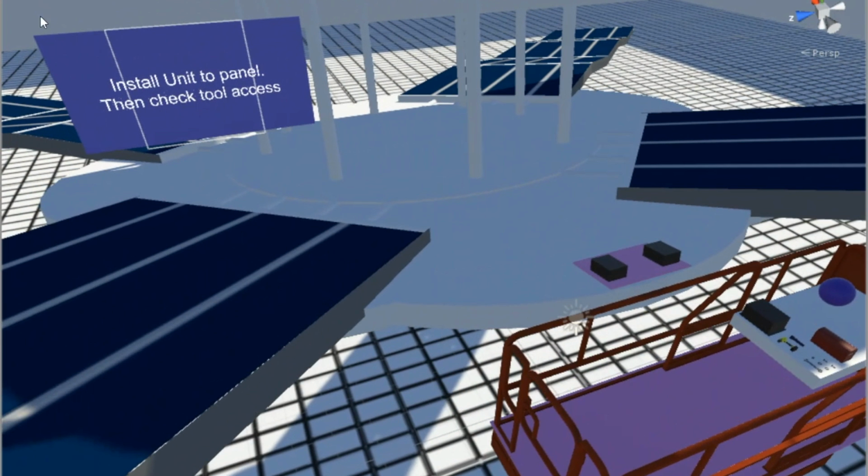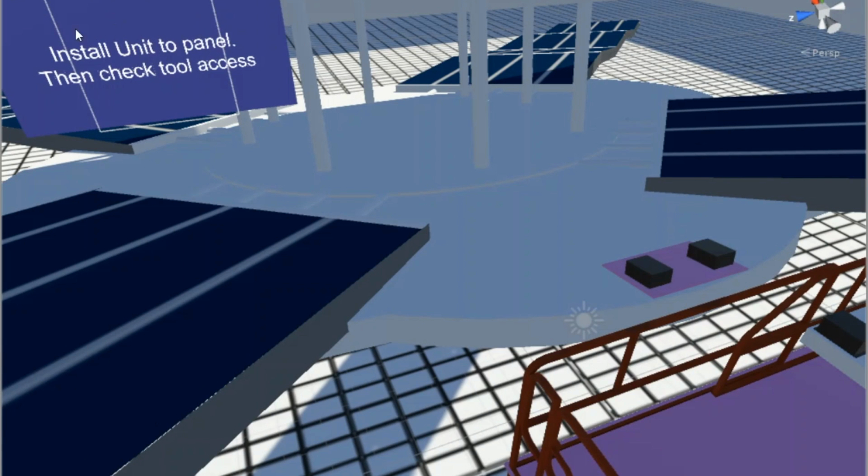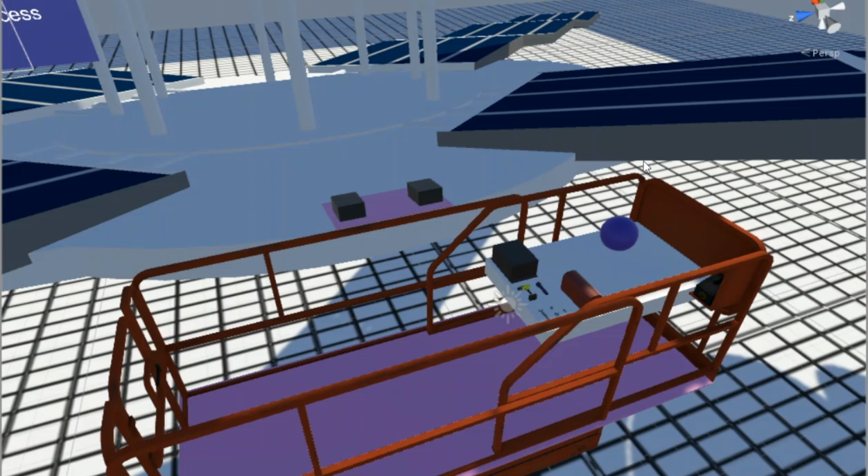You could imagine Solumina or CAPE procedure instructions just hanging in the air in an area that's out of the way, but prevents someone from having to go back and forth to look at a drawing. That's what this is supposed to say: install the unit to the panel, then check for tool access. What's following this clip is me actually demoing this